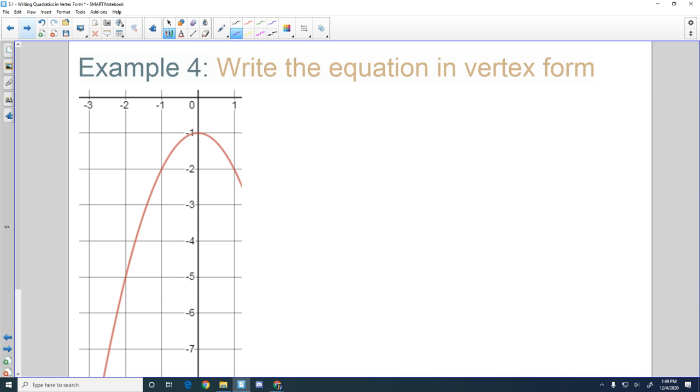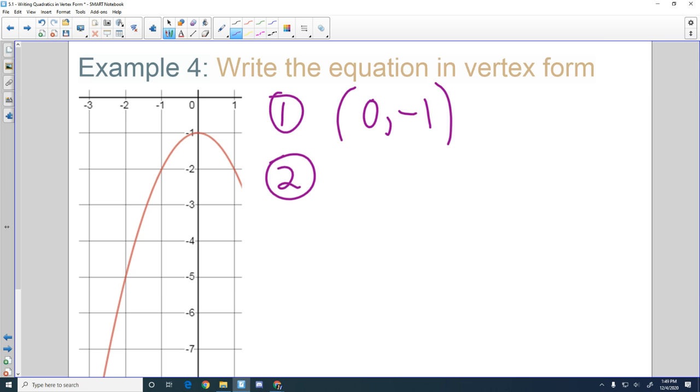Mr. Johnson, I'll show it nice and easy. Hey, vertex, where are we at? We're at 0, -1. What's a? a is just 1, nice and easy. Then it goes over 1, and guess what? It's flipped, so we've got a negative sign that is going to be in front of our parenthesis. And finally,